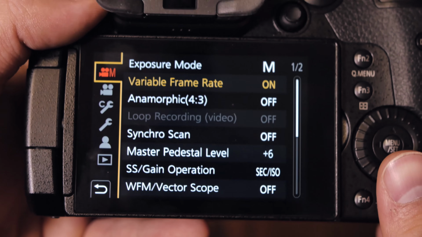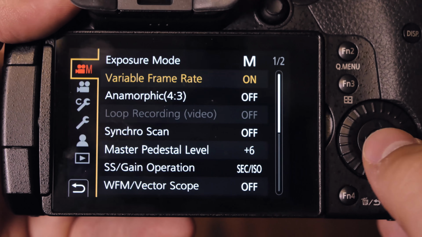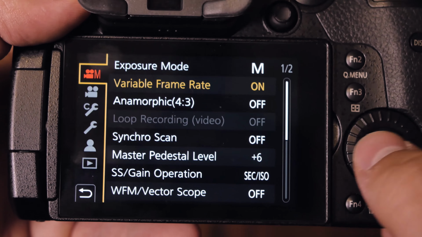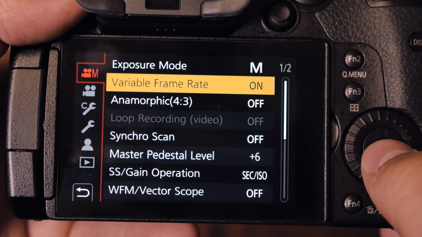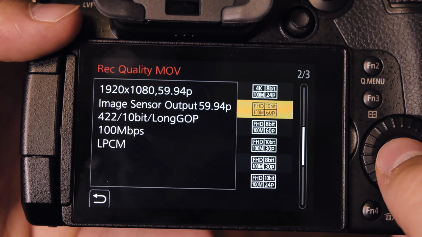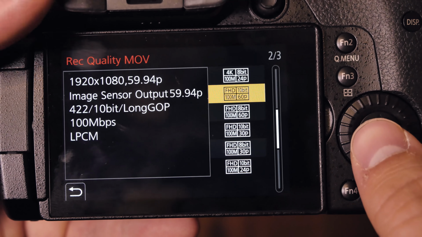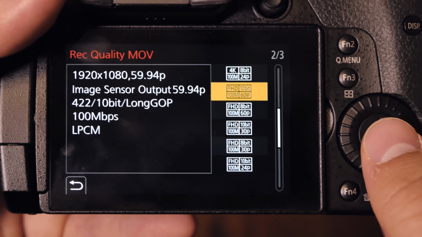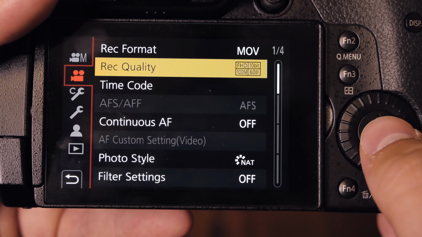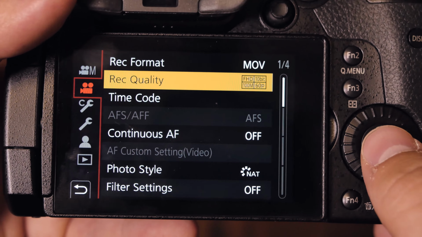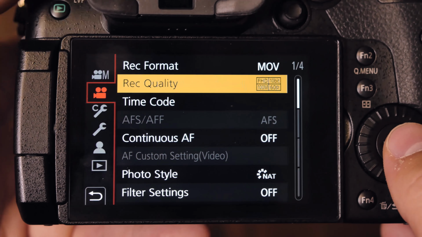So the last thing that I would do is for wedding shooting, I would come up here to the recording quality on the second tab, and that would be here at 10-bit 60 frames a second. It gives me the audio, and it's always going to be possible for me to put everything in slow motion. And that is pretty much it. All the other settings are the same that I already showed you earlier, and now you should be able to go. Now that you got those settings locked in, go ahead and put them into your camera,